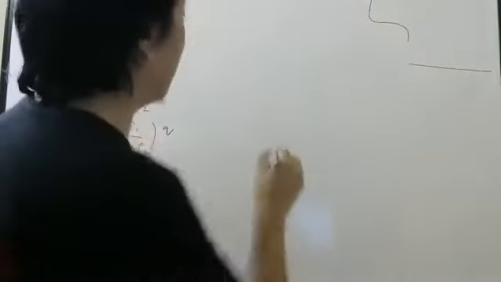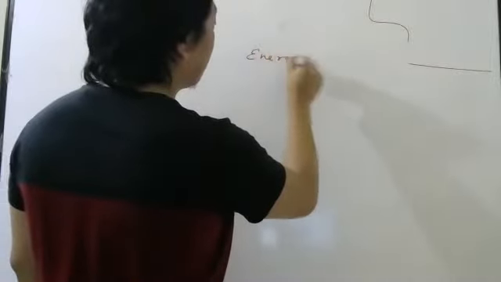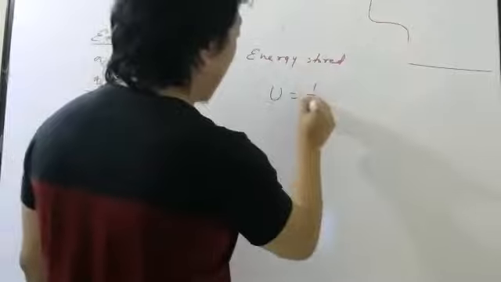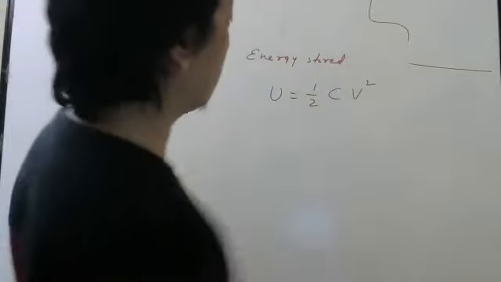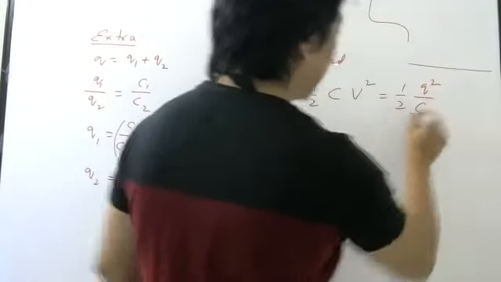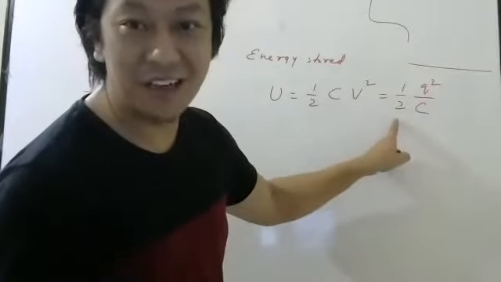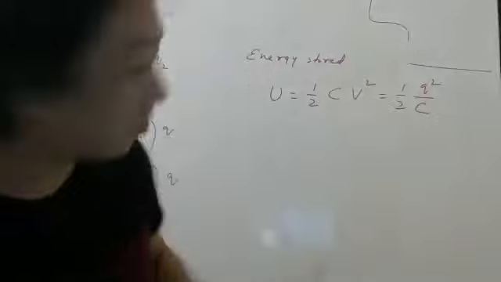Why? The reason is very simple. See, energy stored is given by what formula? Half CV squared. Now you will say, why did I use this formula? Why can't I use the other formula? That is also a formula. Actually, this one we have derived. If you remember, this one was derived. Then I showed this is also this. Now try to understand why we should use this.